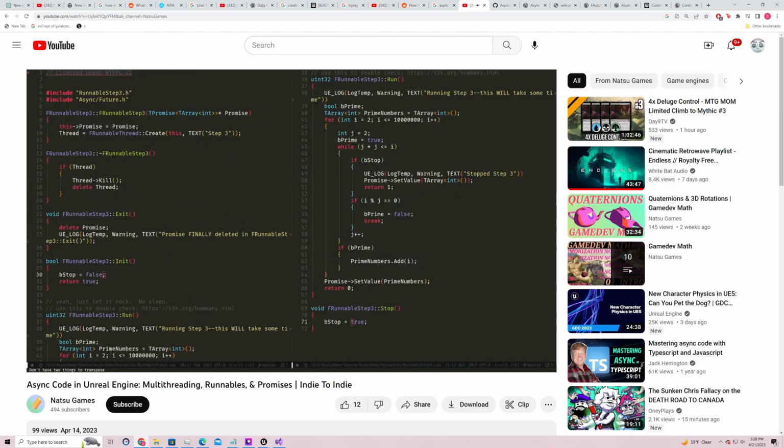So for step 3 of the runnable example, here's that prime number bad boy featuring promises.